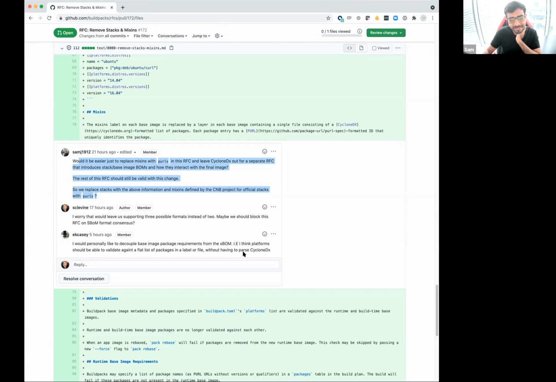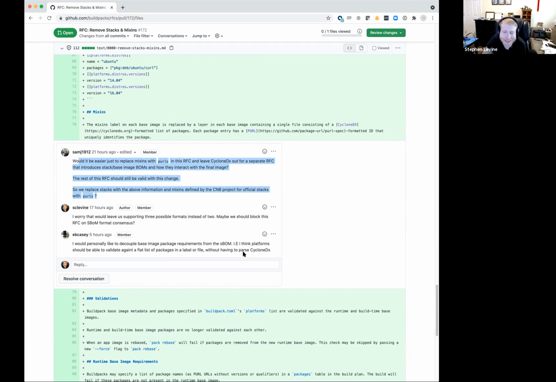I think what would be nice is if we could show users a minimal example of a CycloneDX SBOM that we expect. I think it would be fairly easy to construct. You just need the version number, and then for each of these dependencies, you need an object with the identifier, which is the Perl, and that's it. I think everything else is optional. So it's just a list of objects with Perls. If we just put that there, I think that would help convert some of the other folks over.